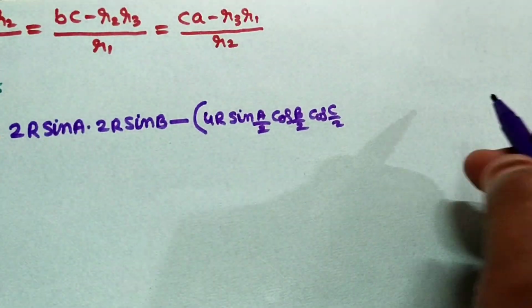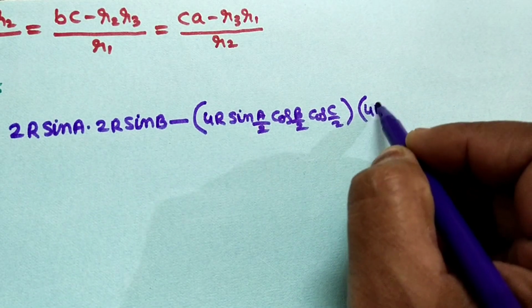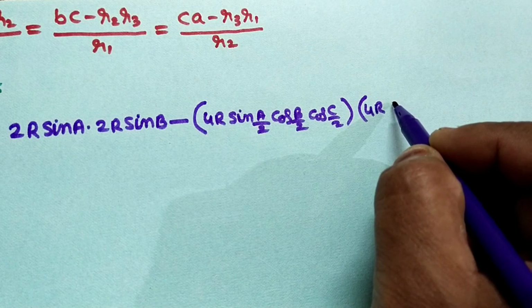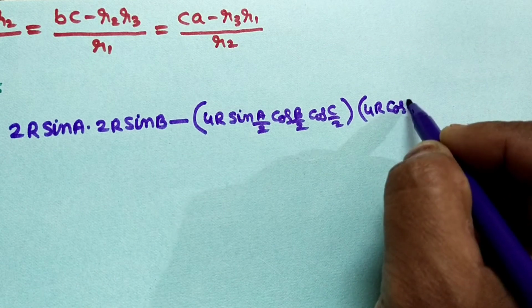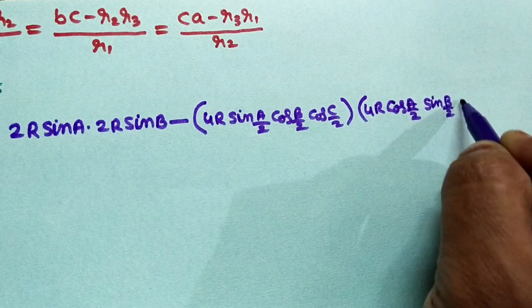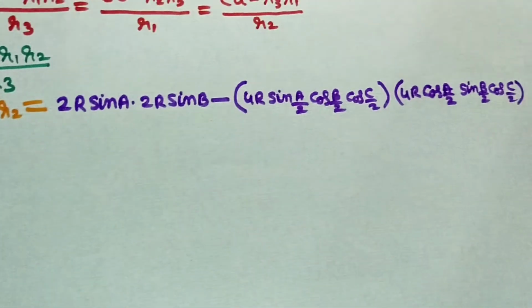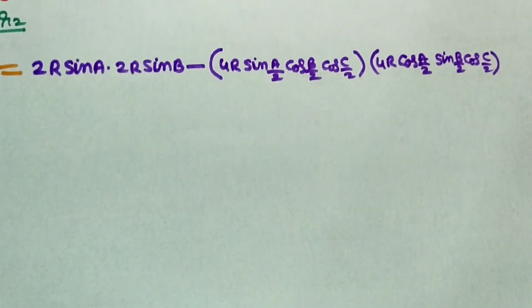And R2 value also write it. R2 value 4R cos A by 2 sin B by 2 cos C by 2. After that, now simplification from here,